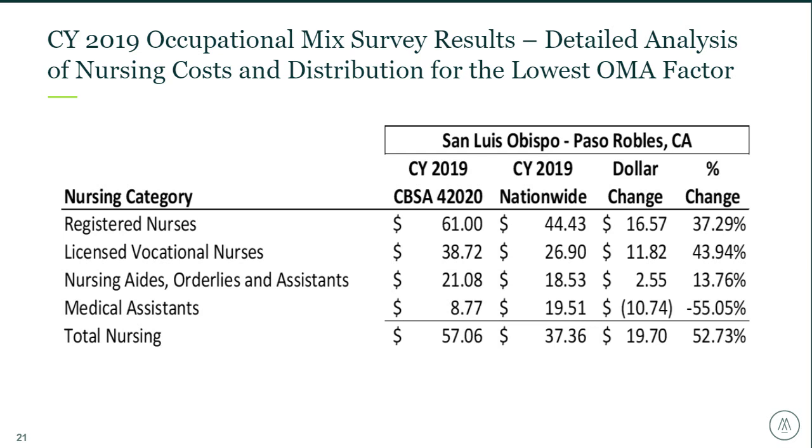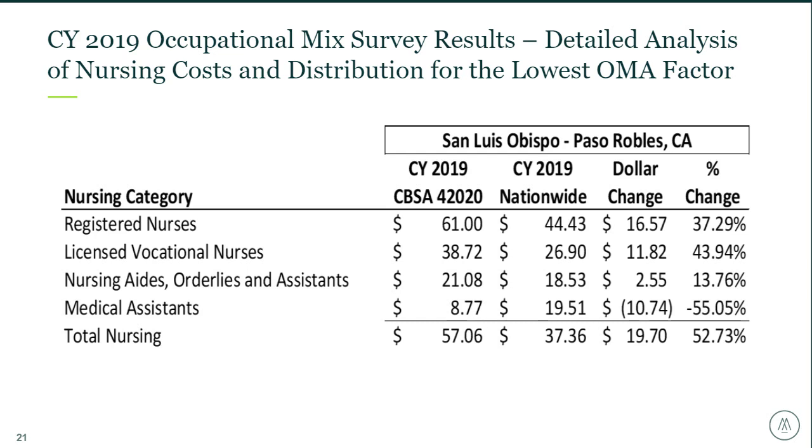We're going to look at the top 10 CBSAs with the highest OMA factors. On this slide, we've isolated those CBSAs that are currently experiencing the highest adjustments from the Occupational Mix Survey. Many of the locations on this list are small urban communities where the ratio of using registered nursing is less than the national average. These communities limit the use of registered nursing, and therefore they are rewarded for this practice through the OMS, and they receive a larger Medicare payment than their peer CBSAs.